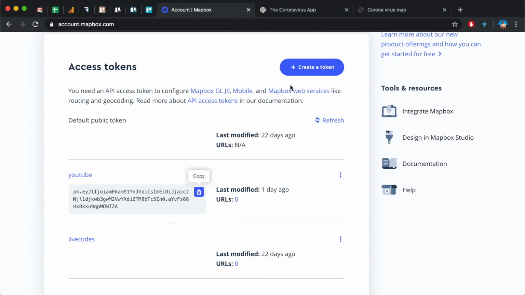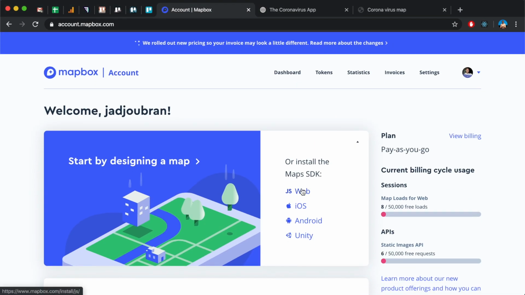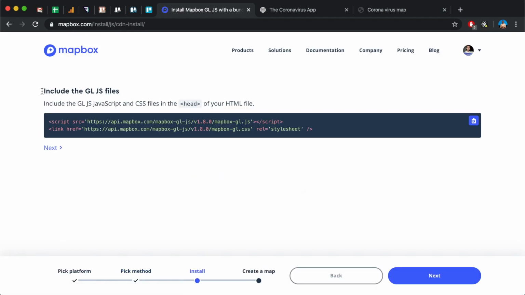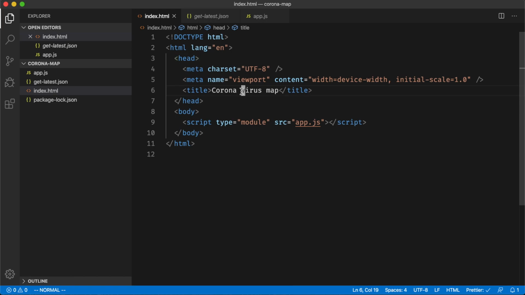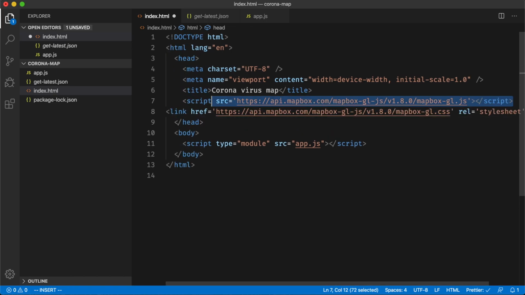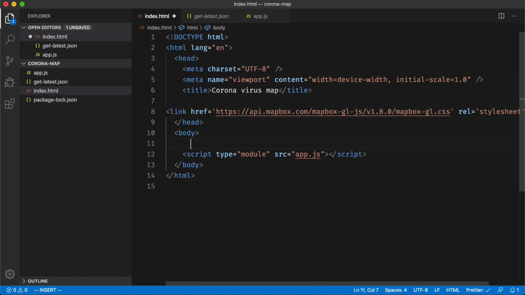Now let's go back and you can just scroll up, click on web. So I want to use the web SDK. Let's just go with the CDN, and we need to copy the script and the styles. So these will go in the HTML. We start by putting the style in the head, and then the script, we're gonna put it at the end